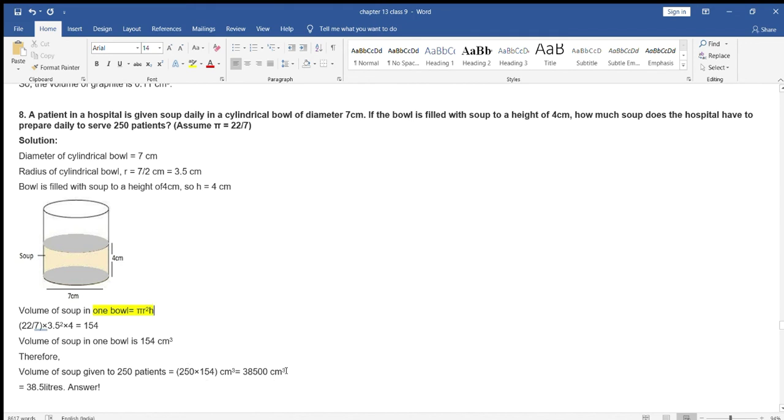Now हम किसी को ये तो नहीं बताएंगे ना कि this much centimetre cube we have to prepare. हमें कोई भी चीज prepare करनी है, liquid है तो litres में prepare करेंगे. That's why we have converted into litres. इसलिए हमने इसको किस में convert किया है? Litres. So this is all regarding our exercise, that is exercise 13.6.